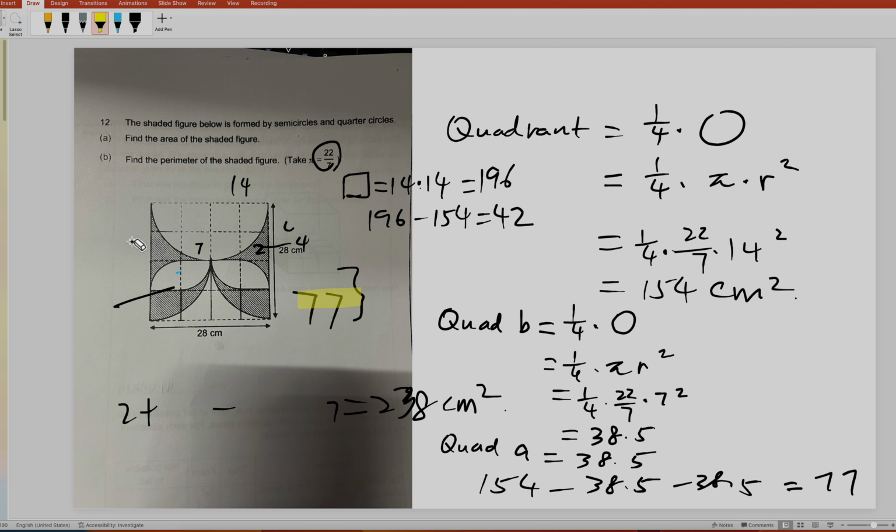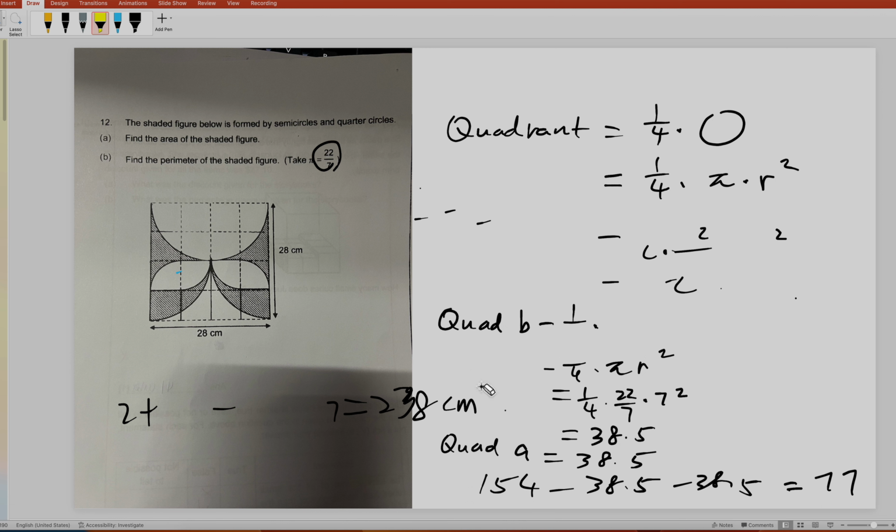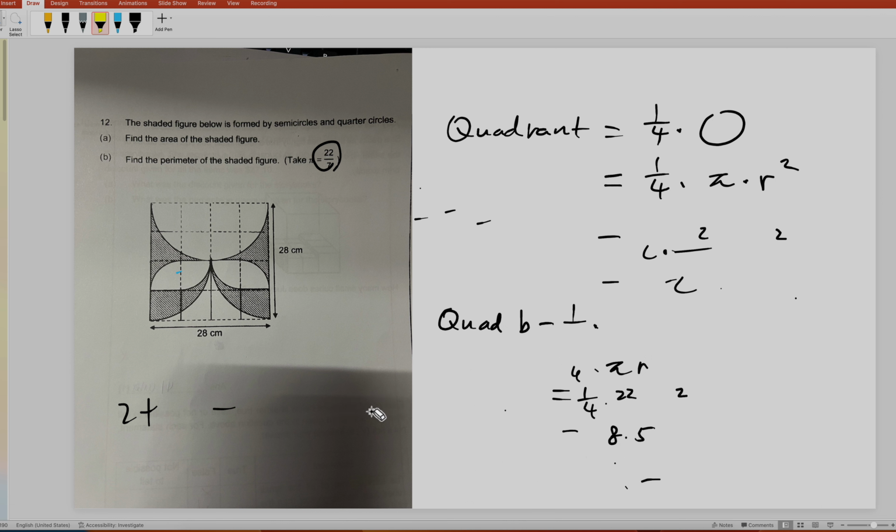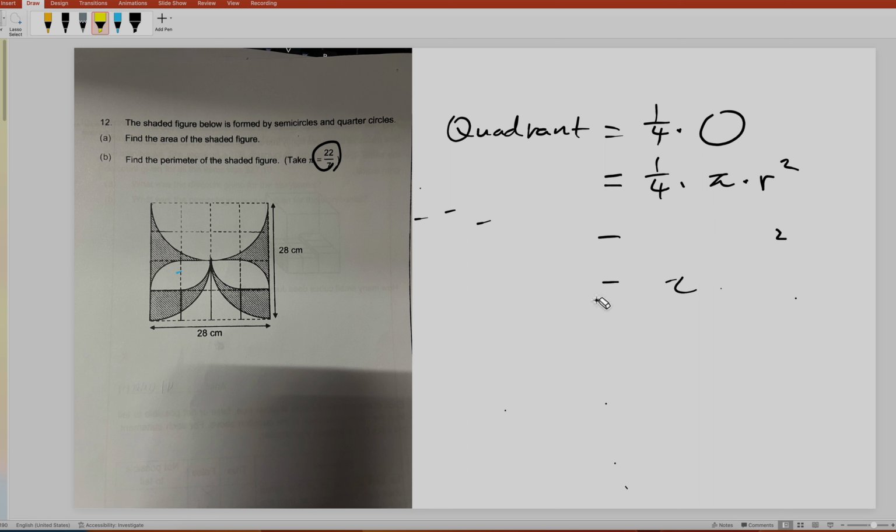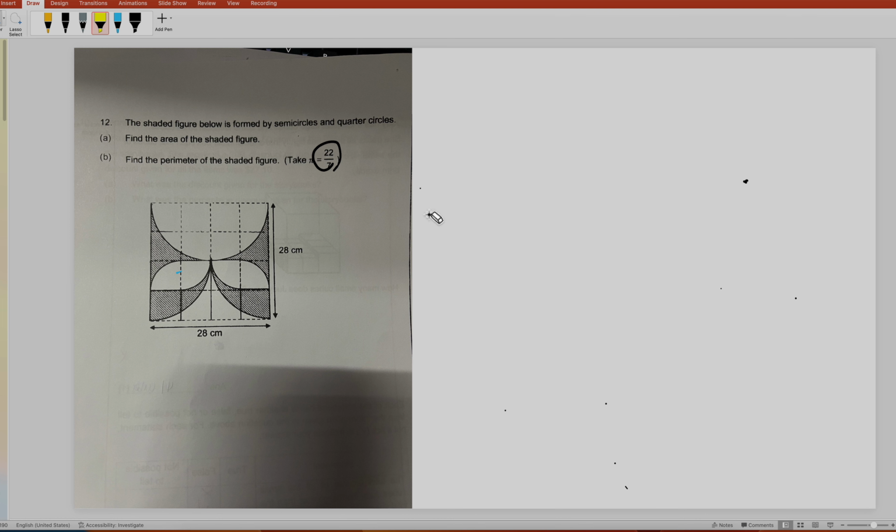So for part B, you need to find the parameter, 周长. Okay? So what's your strategy? 你的策略是什么? So we do it one by one now. 一个一个的来哈. So I'm not going to show you the answer, okay? I'm just going to show you the strategy. 我不会告诉你那个答案，我会告诉你那个方法，好不好？就是那个方案，就是你应该找哪一个，然后把它全部加起来。